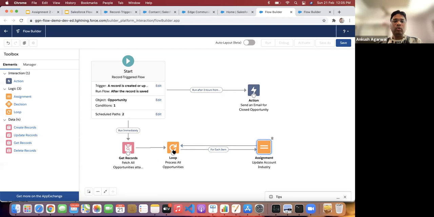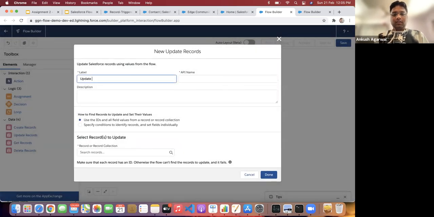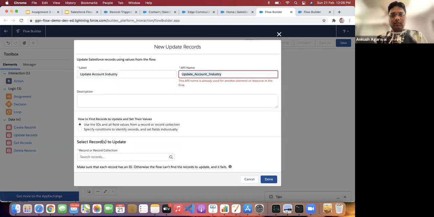After the loop completion, we just have to update the account. So I'm adding update account industry. This name is already there with OPP industry.